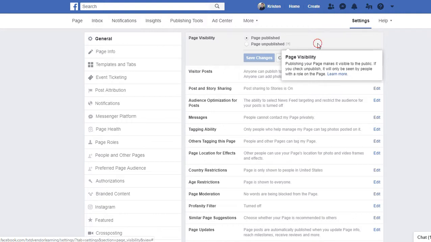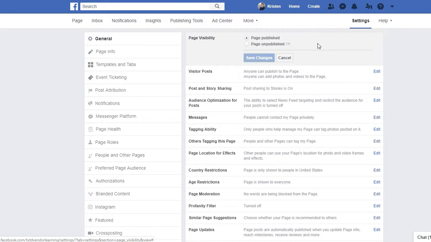unpublishing your page. A lot of times people like to unpublish a page because they want to work on it. They got some rearranging to do. They want to add and delete photos out of albums and kind of clean up their activity log, things like that. Do some rebranding. A lot of those actions, especially when you're posting to Facebook, even on your page, your business page, they will trigger